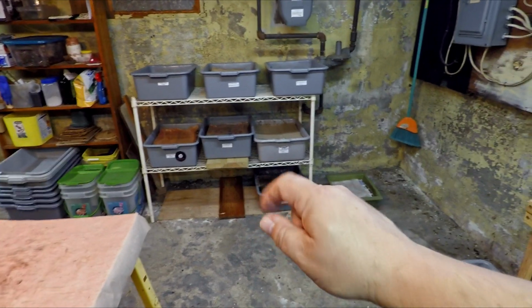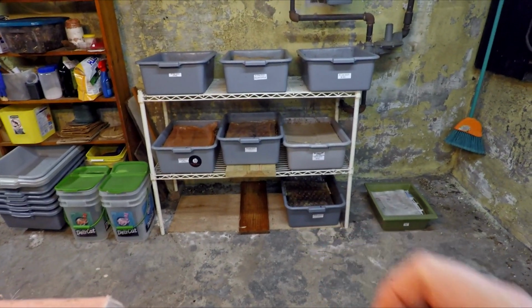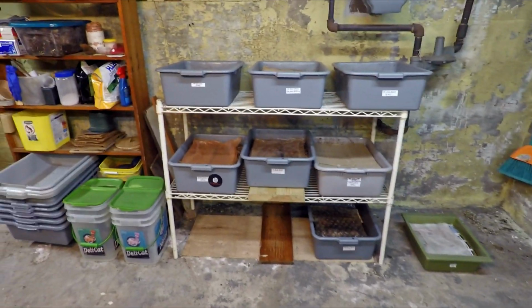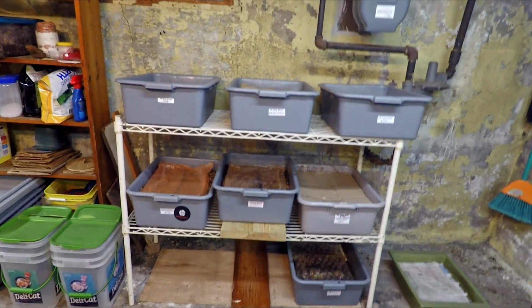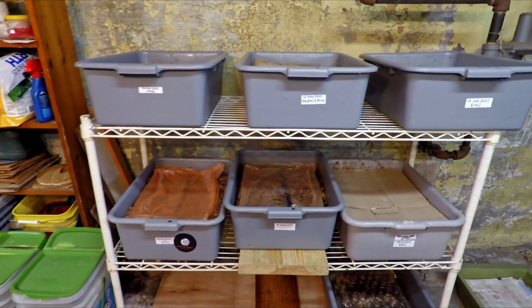Hi everyone, welcome. I'm down here in my wormery, and I've got a bin that I want to check in on today. It's a bin of African night crawlers. It's the oldest of my bins, which for the past 10 days now has been undergoing what I refer to